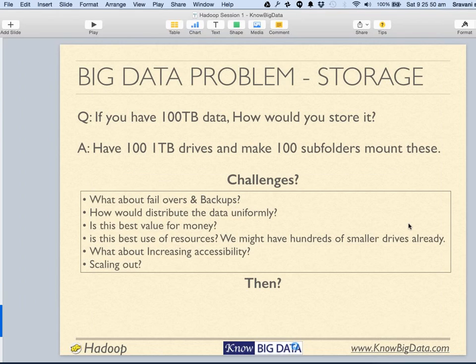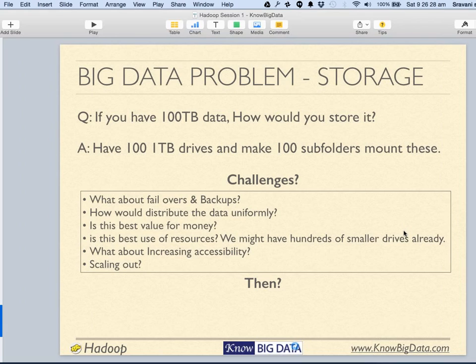Second, how will we store data uniformly? Imagine that we decided that on drive number 1, we will store all the movies starting with A. After some time you realize that drive 1 will not suffice for A, because there are a lot of movies that start with A, right? Therefore the data uniformity will not be there. Some drives will be too busy, other drives will be comparatively free.